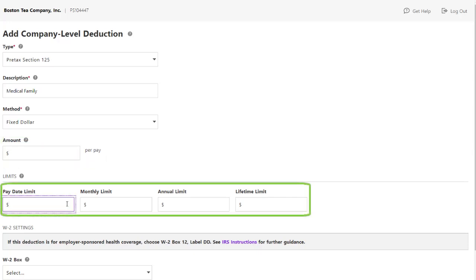The limits fields are optional fields. The deduction can be set up to automatically stop once a dollar limit is reached. The pay date limit is normally used with employee-level child support and other garnishment deductions. A monthly limit is useful for benefit premiums that are the same each month regardless of how many pay dates are in the month. The annual limit is most often used on deductions with calendar year IRS limits, such as